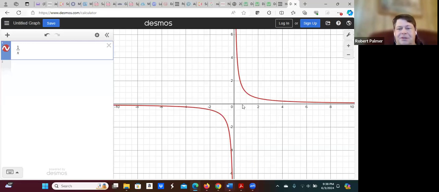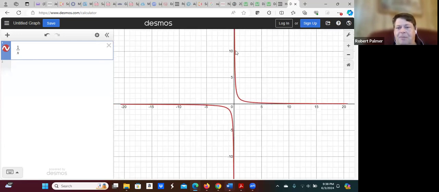So let's think about what happens as x approaches zero. It doesn't matter where we start. Let's approach zero from the right. As x gets closer and closer to zero, the y coordinate starts increasing. Okay. And basically, if we zoom out quite a bit,